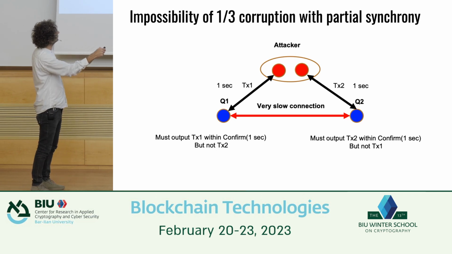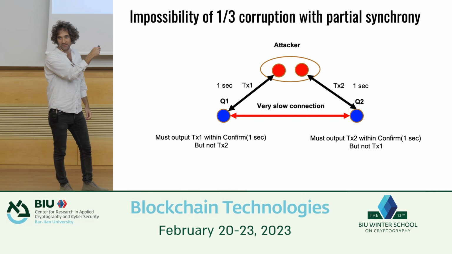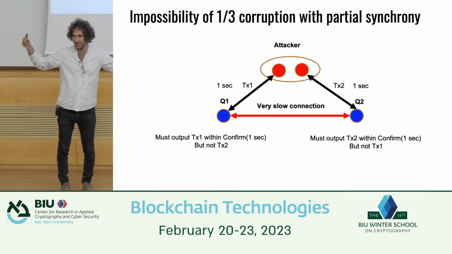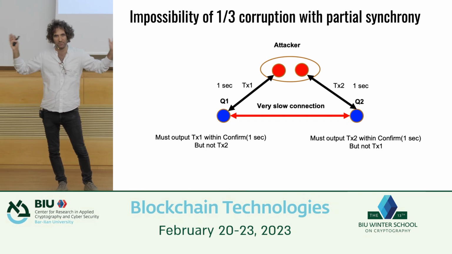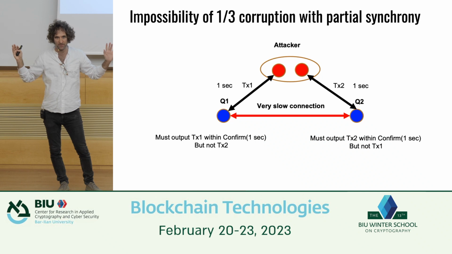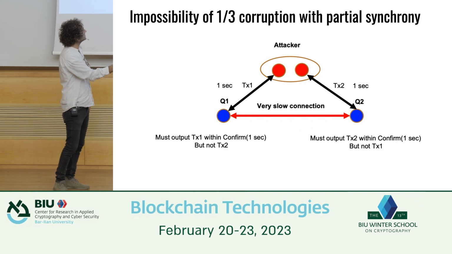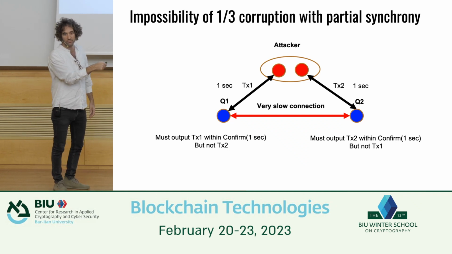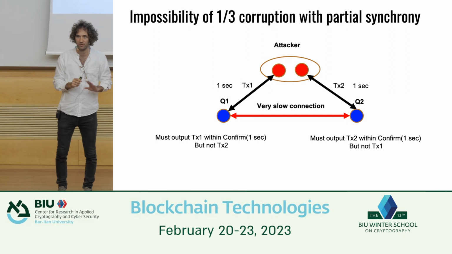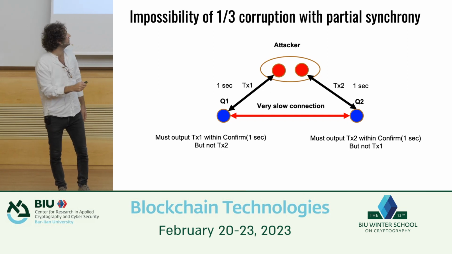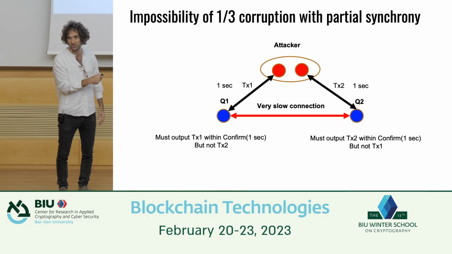The attacker is going to run the protocol honestly with this guy, and he's going to try to add a transaction called TX1. Let this be a random n-bit transaction. It's important that it's a long transaction, an n-bit random string. With player 2, or Q2, he's going to do the same. He runs the protocol honestly, but now sending transaction TX2, again a random string.